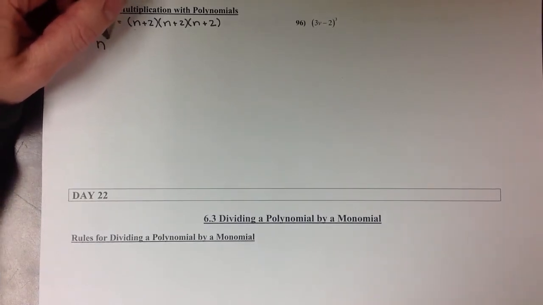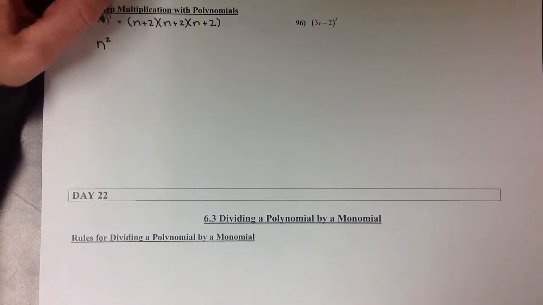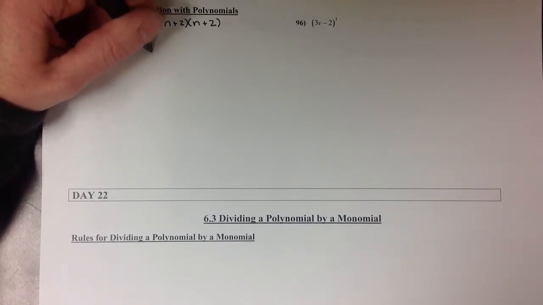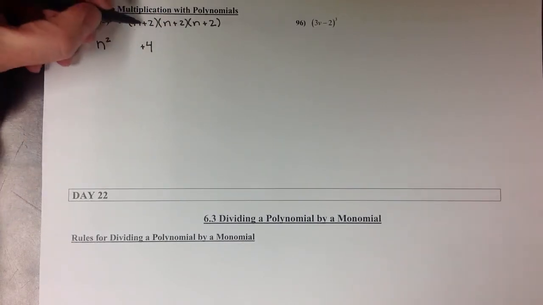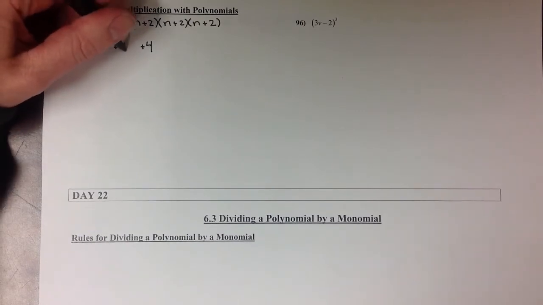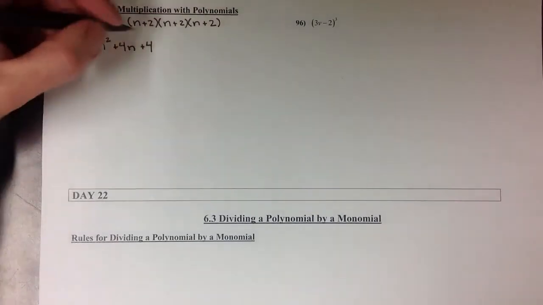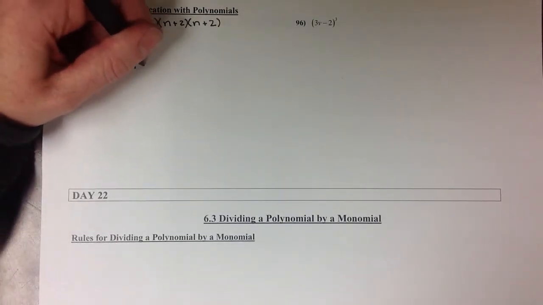So using what we know about FOIL, this special case with n plus 2 is going to give us an n squared and a plus 4 for our first and last terms, and then in the middle 2n times 2, which is 4n. Then when we multiply that by another n plus 2,